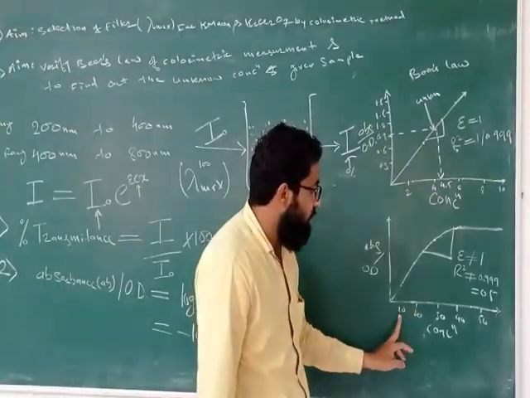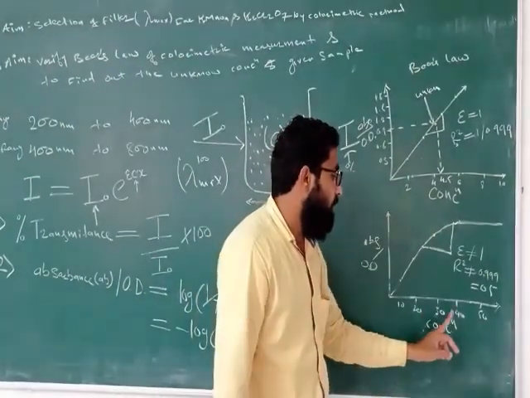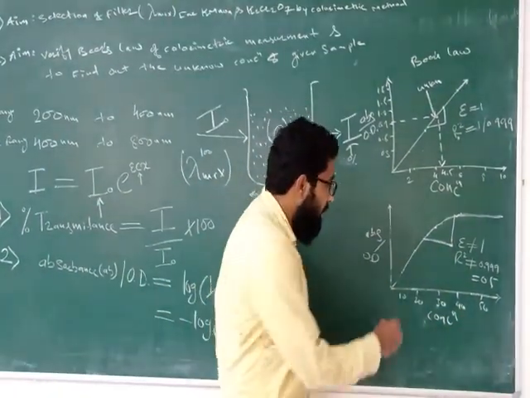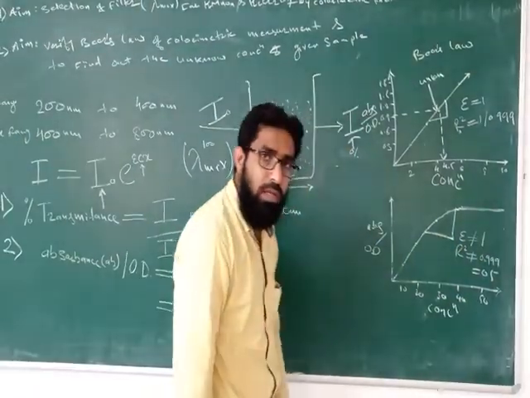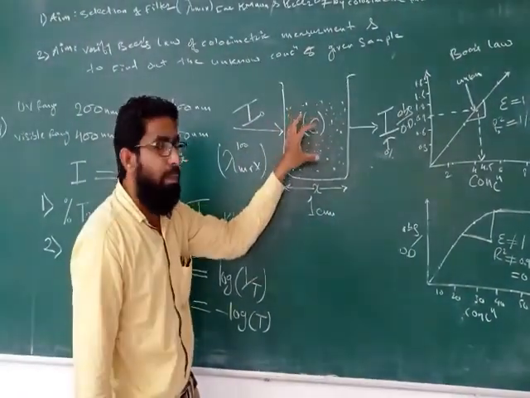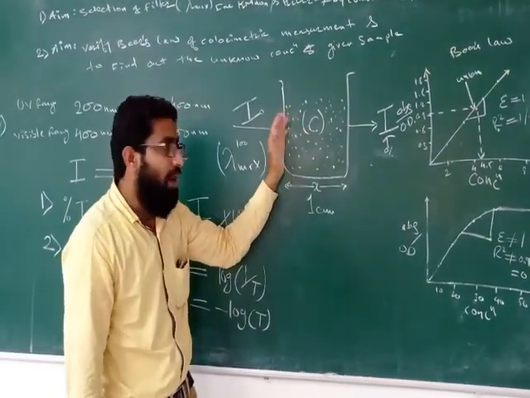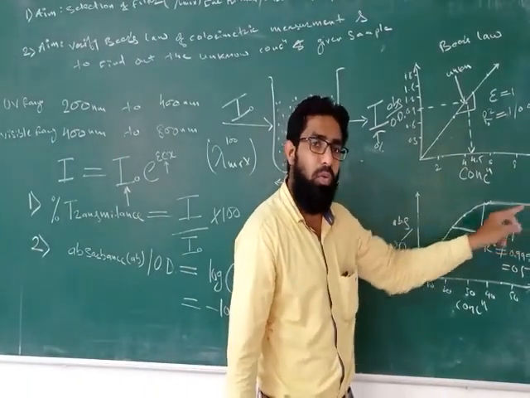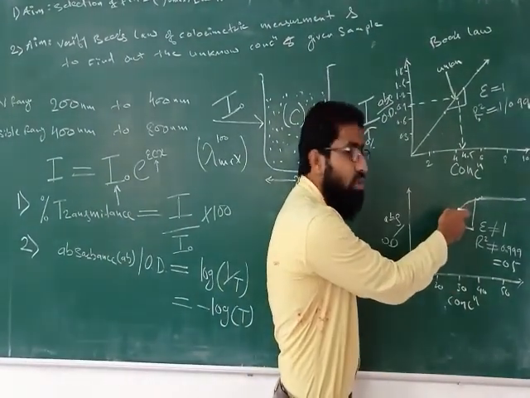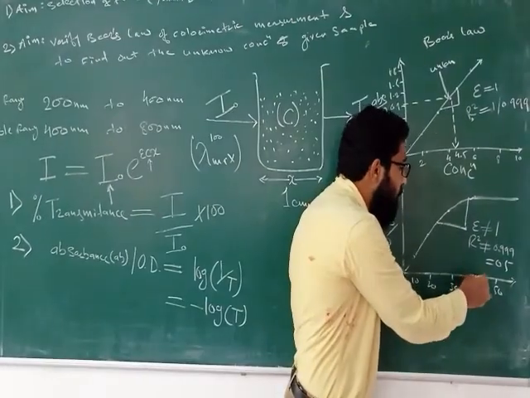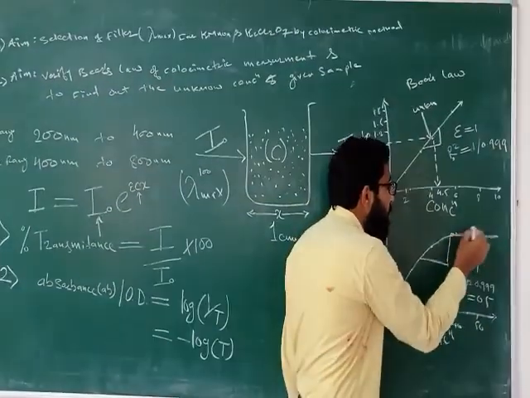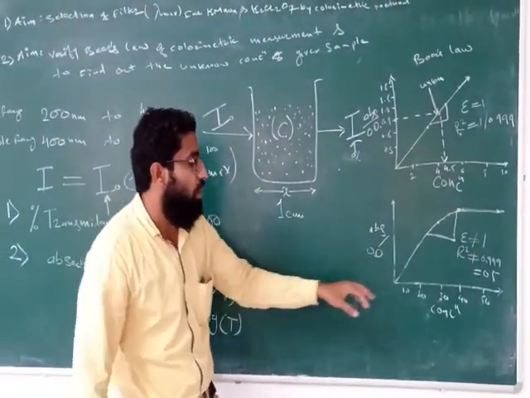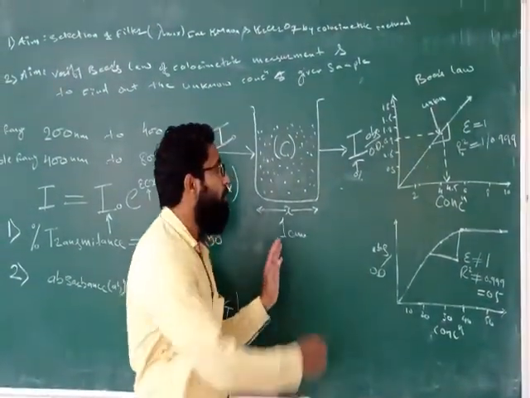Okay, if the concentration increases too high, like 10, 20, 30, 40, 50 or 100, 200, 300, 400, 500, then it will show deviation from linearity. All the incident light gets absorbed by the absorbing medium and nothing is transmitted. Hence, it is nothing but deviation. Initially 10, 20, 30 show a certain absorbance, but after 40 or at higher concentrations, all the light gets absorbed and cannot be transmitted. To measure the concentration of this solution, the light must be transmitted.